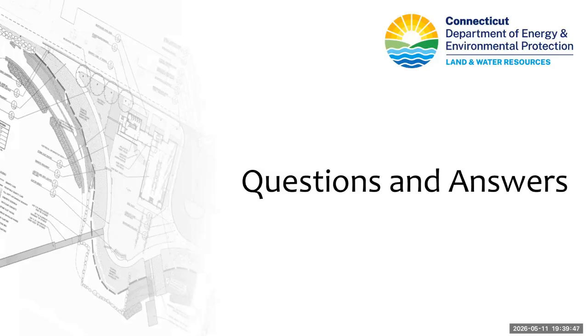Well, I think the other saving grace here is the new requirements for referral to DEEP. If the activity is occurring within the flood hazard area, or the variance is going to affect it because they have to vary a front yard or side yard setback and the development is going to encroach into a flood hazard area, or if there are sensitive resources on site, tidal wetlands, beaches, dunes, those are automatic mandatory referrals to us. And so if it's not going to go before planning and zoning, you can talk to Braden about it when the ZBA variance application gets referred to us.